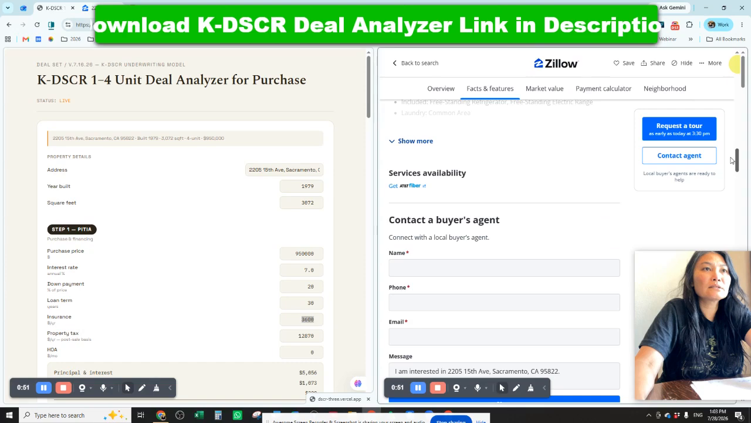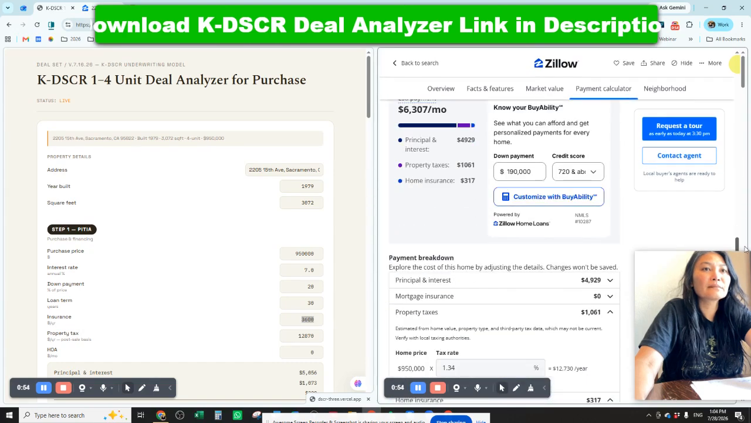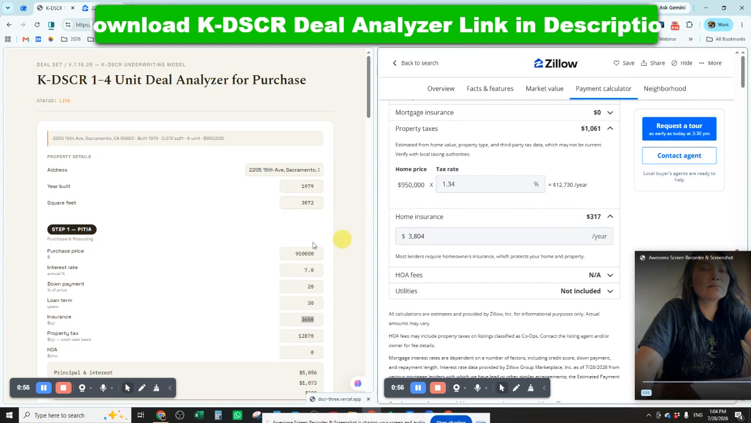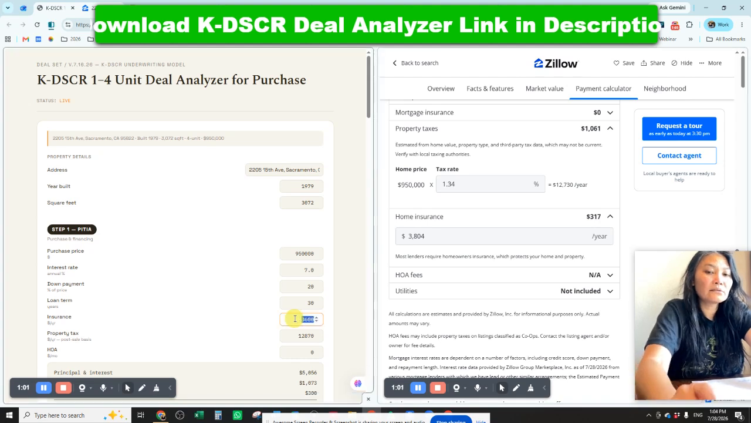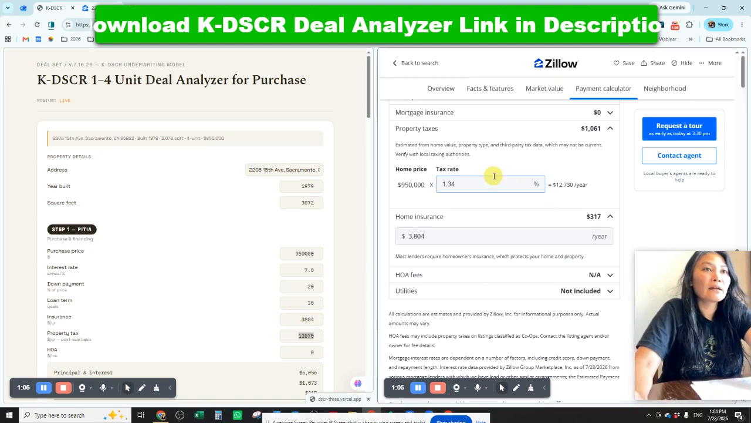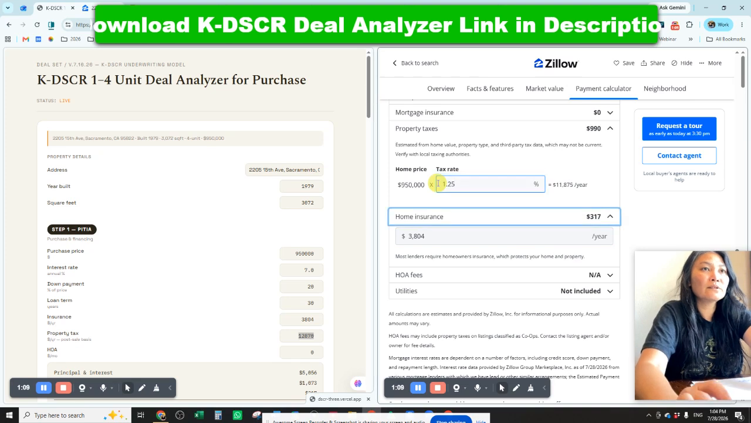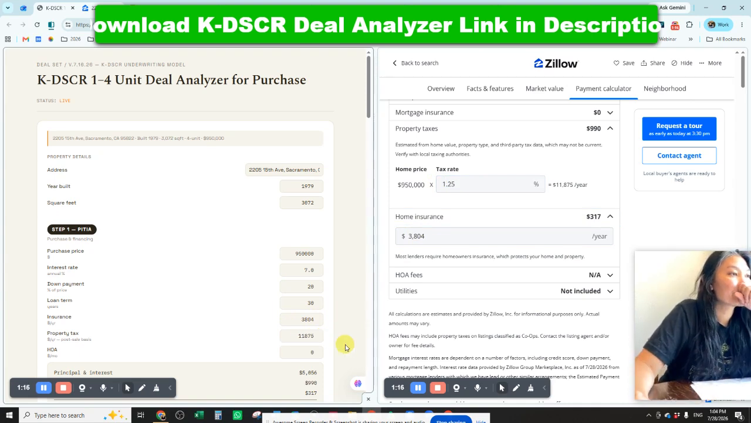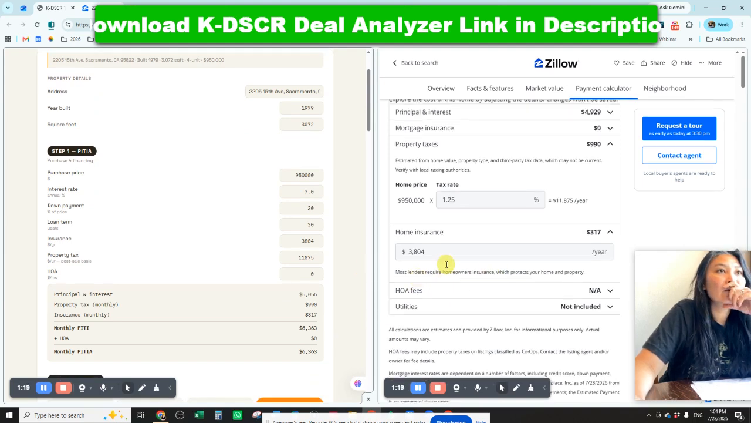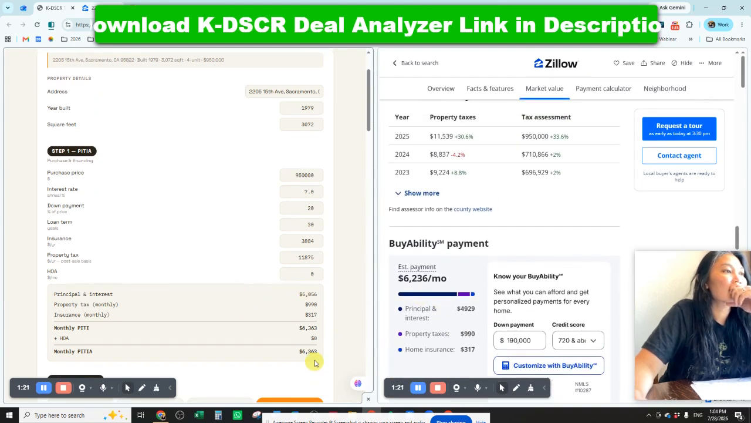Okay, insurance here is approximately $317 a month, so 3804 a year. And Sacramento has a 1.25 tax rate, so the tax is 11,875. Okay, no HOA. So this fourplex mortgage payment, DSCR at a 7% rate, is about